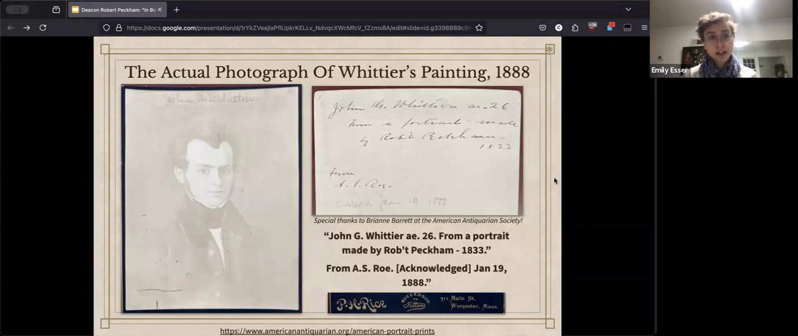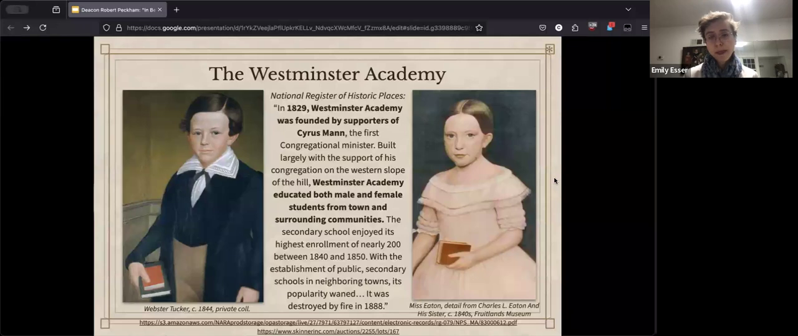He was very invested in the local events of Westminster and promoting the church, promoting education. Here are two little children with books, Webster Tucker Private Collection, and Miss Eaton at the Fruitlands Museum. We don't know if they went to Westminster Academy, but they are a little representation there of the kinds of children